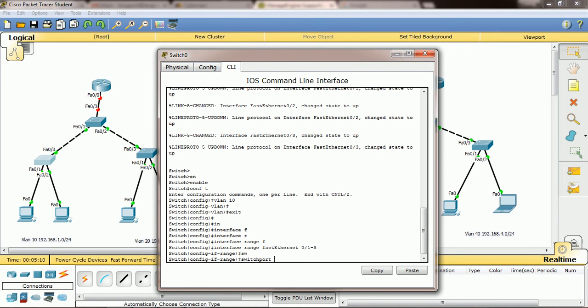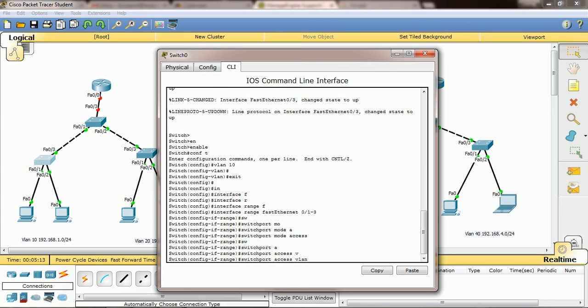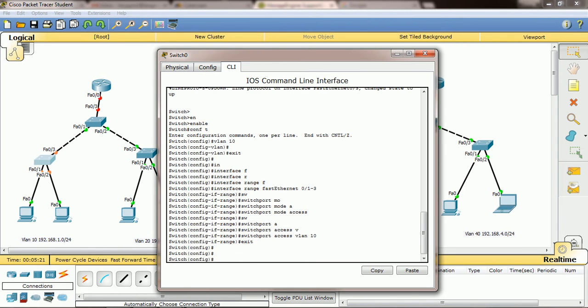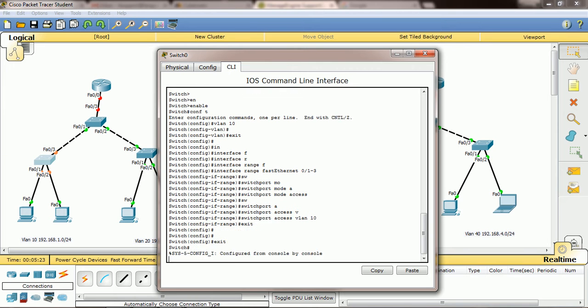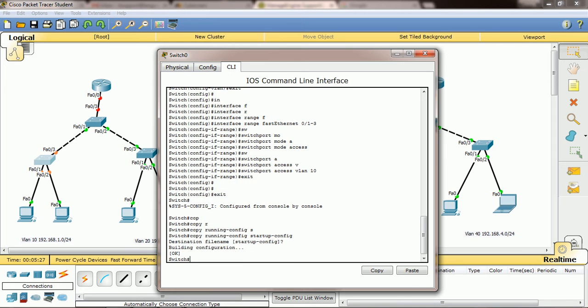Okay, then switchport mode access, then switchport access vlan 10. So now we assigned these 3 ports into VLAN 10, right? Then exit, then what else is pending here? Nothing, right? Then exit, we need to copy the configuration, so I copied.